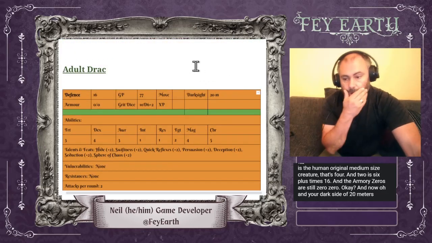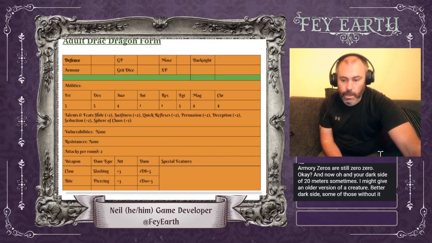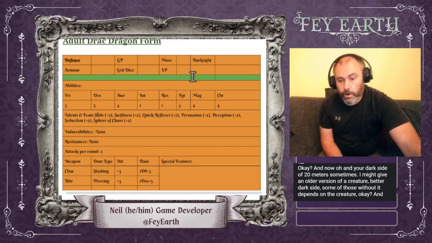Sometimes I might give an older version of a fey creature better dark side stats. Sometimes I don't. It depends on the creature, okay? So for this chappy, okay,